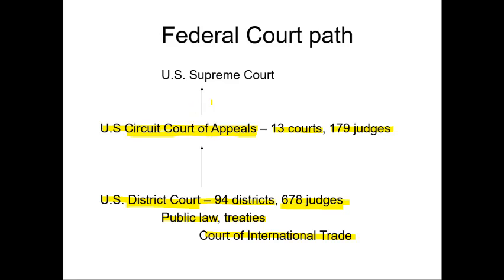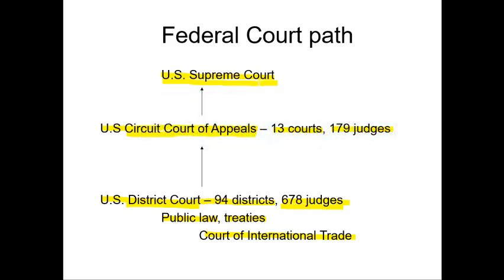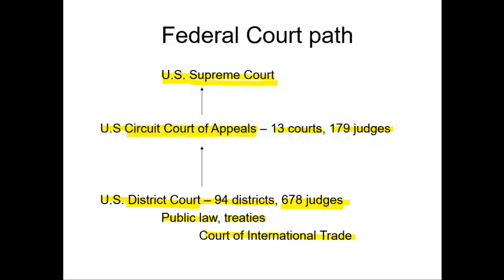Now, of course, if you want to appeal your circuit court case and you've got an attorney willing to take that case and appeal to the U.S. Supreme Court, then your case could potentially get accepted. As we have seen historically, only about 1% of all the cases appealed to the U.S. Supreme Court ever make it. That's about 1% out of about 8,000 attempts, and they only have room for about 75 to 80 cases per year. So that shows you how powerful these circuit courts of appeals judges are, because that ruling is going to stand the overwhelming majority of the time.